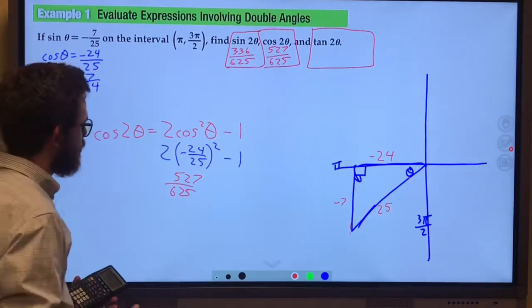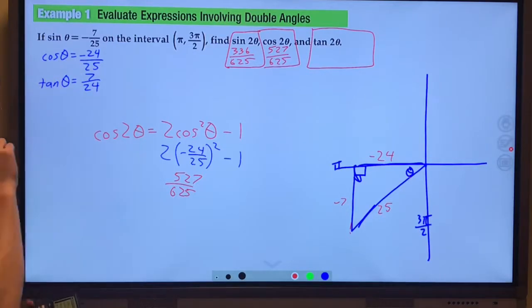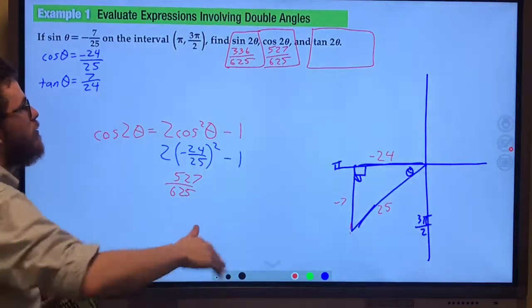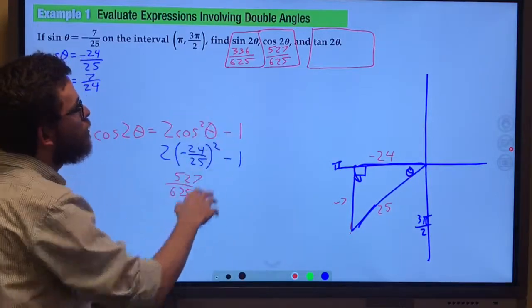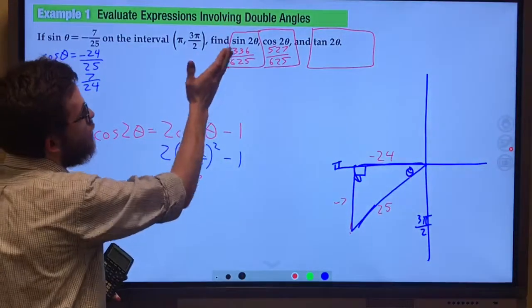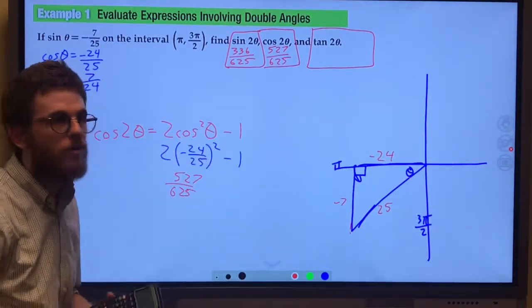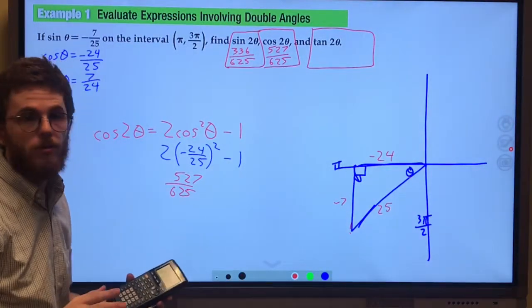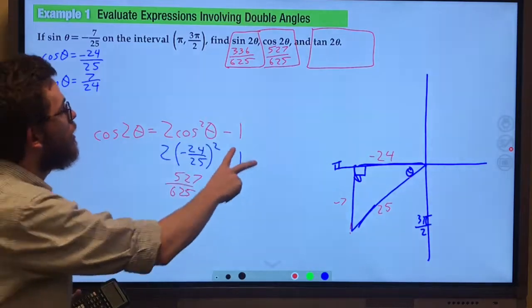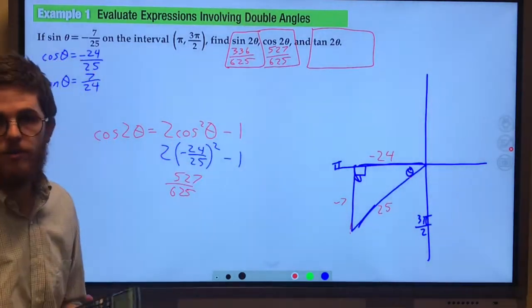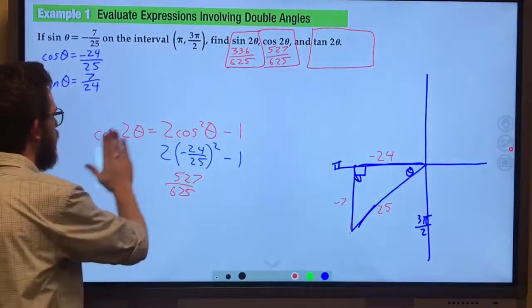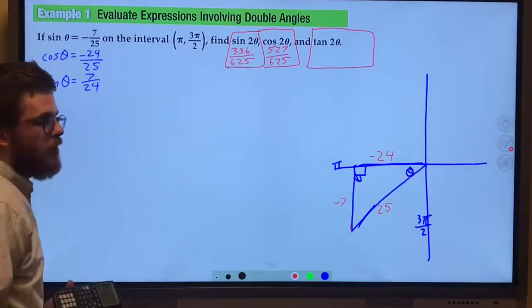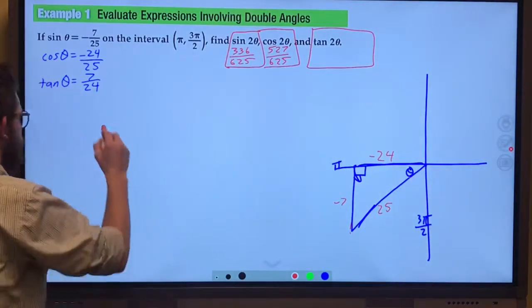Finally, for tangent of 2 theta, well, first of all, because we have sine of 2 theta and we have cosine of 2 theta, we could do sine of 2 theta over cosine of 2 theta to get tangent of 2 theta. That is possible. We can just do the sine over the cosine of 2 theta to get tangent of 2 theta. That's possible. But for the fun of it, I'm going to use our double angle identity for tangent,